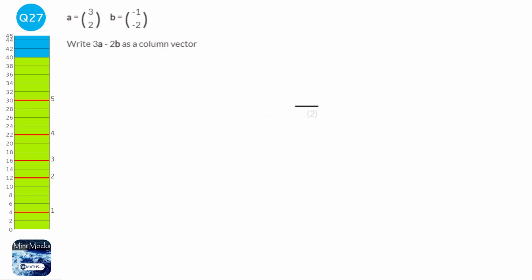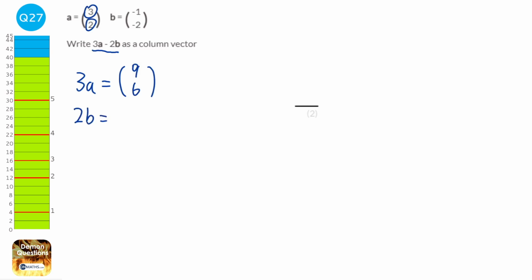So we're asked to find 3a minus 2b. So let's work out 3a first. 3a is going to be the top times 3 and the bottom times 3. So the top times 3 is 9, bottom times 3 is 6. Then we're going to work out what 2b is. Again, times the top by 2, times the bottom by 2. And so 3a take away 2b